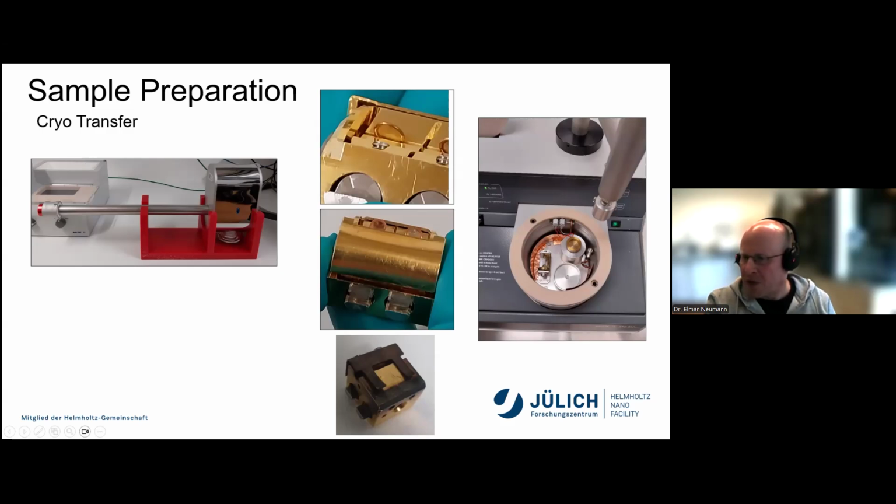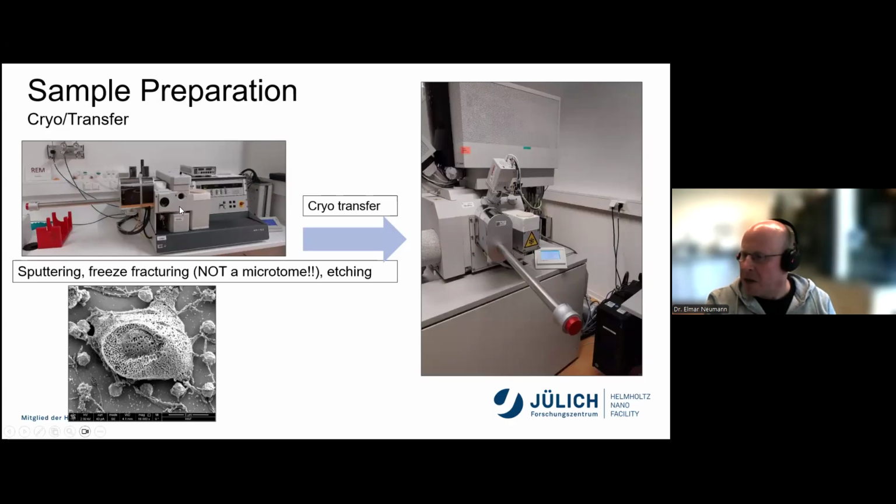With the help of this docking station over there, you then attach it to this other machine that is capable of, for example, sputtering the frozen samples, which is necessary. And other things are also possible in there, for example, cryo etching, or freeze